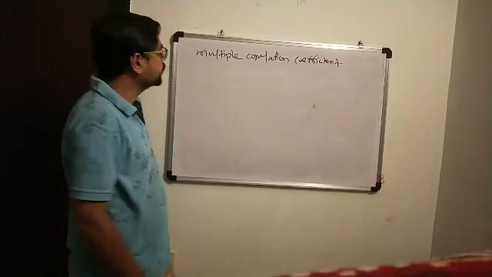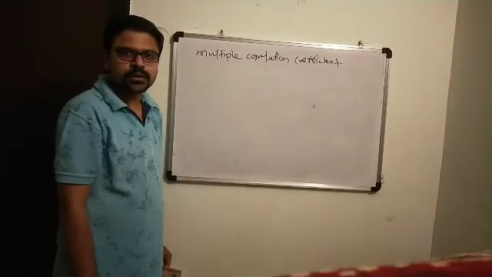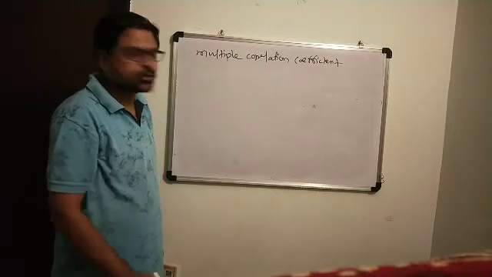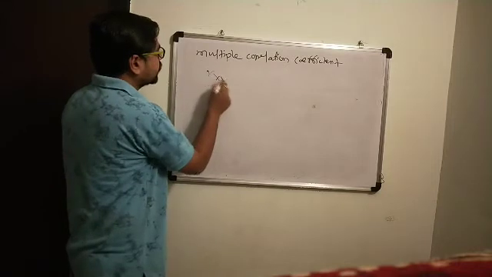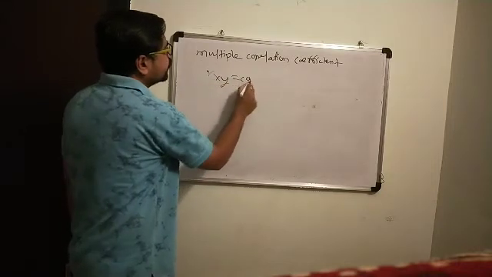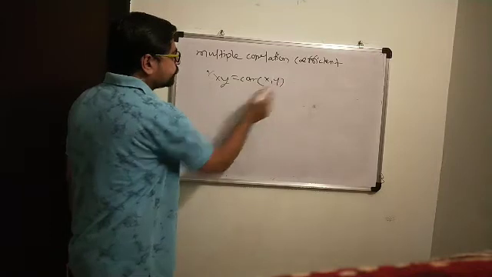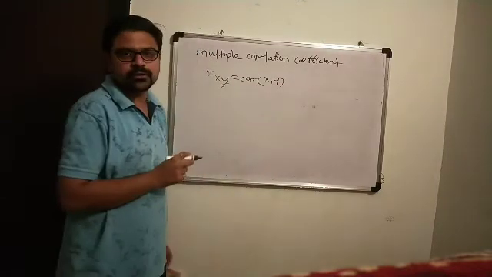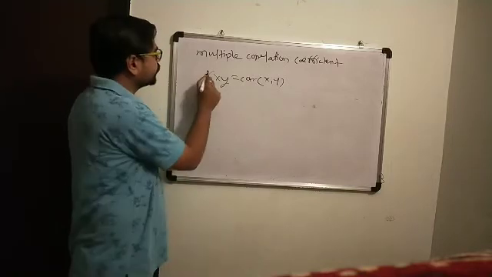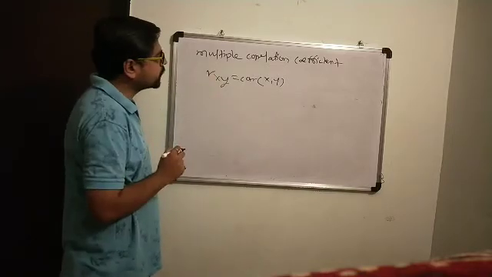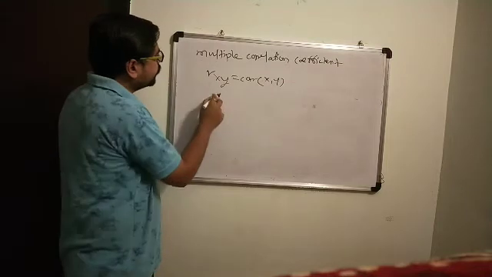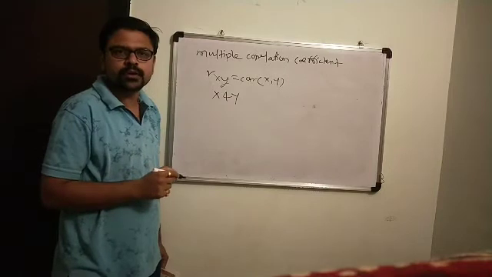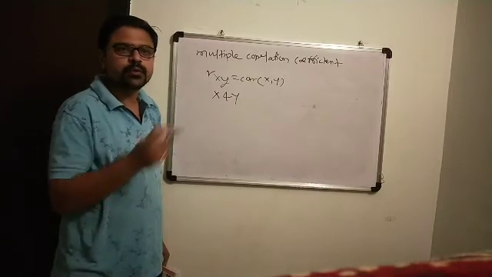Today we are going to see multiple correlation coefficient. In the previous year we studied the correlation coefficient Rxy, that is, the correlation coefficient between variables x and y. We know its formula, and this is called the total correlation coefficient. Here we are studying only two variables x and y, but in real life situations we have to deal with